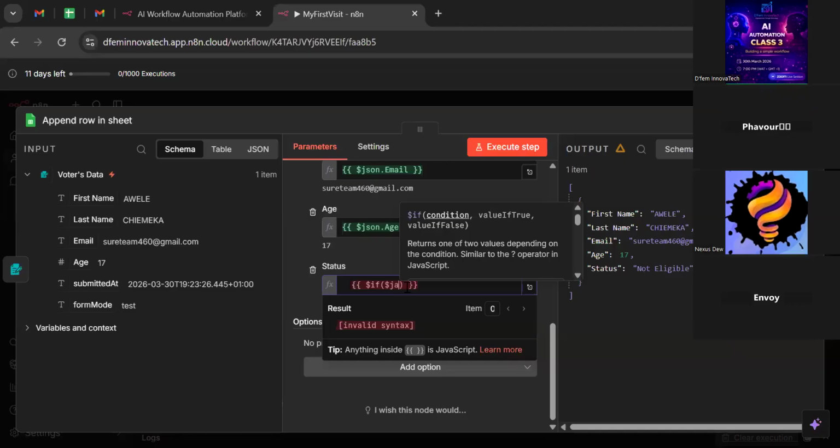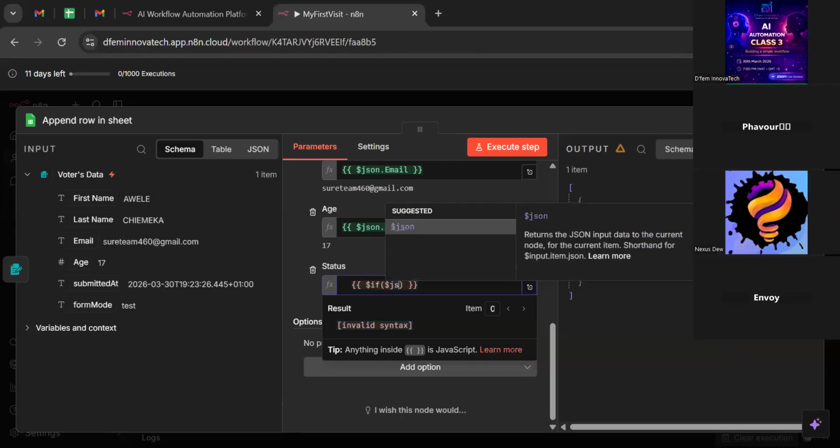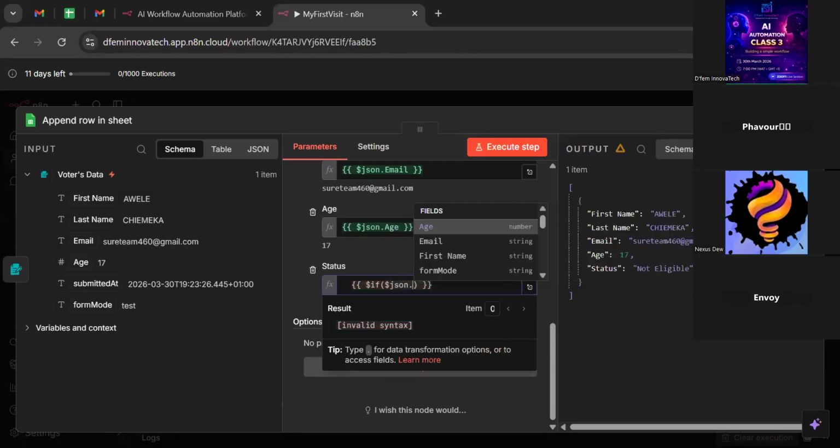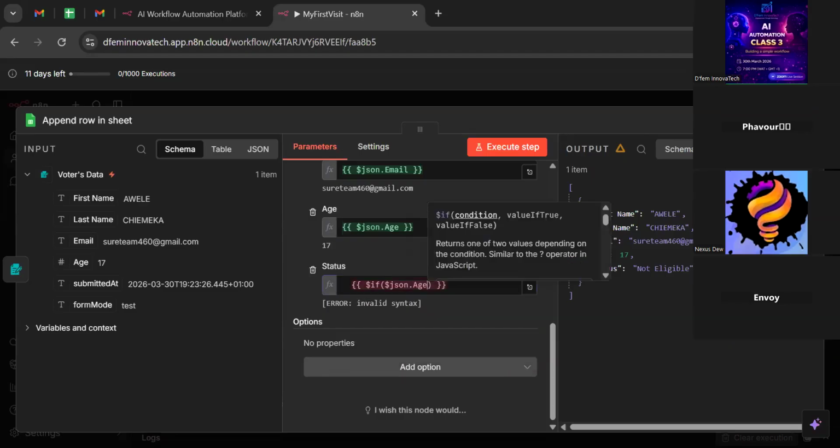All right. So I'll just say if $JSON dot age is greater than or equal to 18. That is my condition. I'll say eligible,